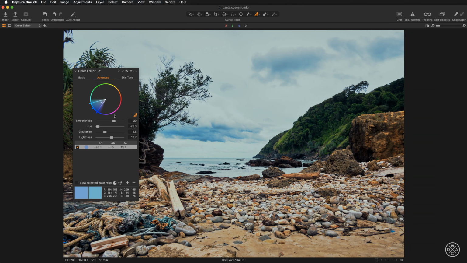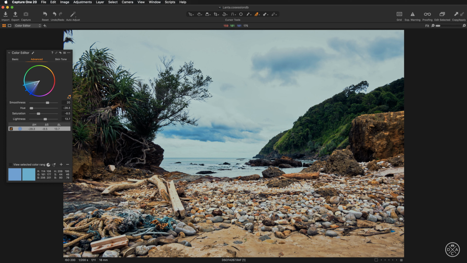Now I'm going to focus on the sand. So let's get the picker and let's sample around here. Okay, let's make sure that we have the whole saturation range included. So let's click on the second icon. Okay, so let's now manipulate with the hue slider. Let's try to the right. So now this is making the sand more lemony. I want to make it warmer, so I will go to the left. And here I'm going to make it actually darker. So this is too much. Let's go around here and let's make it darker. I think it's a little bit too orangey, so let's just push it a little bit towards the middle, and